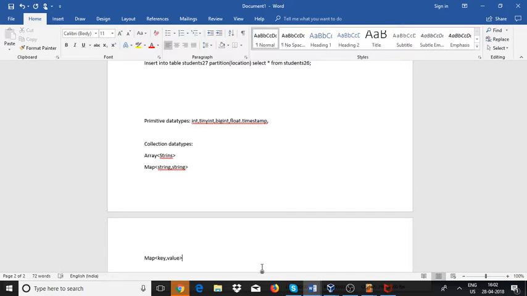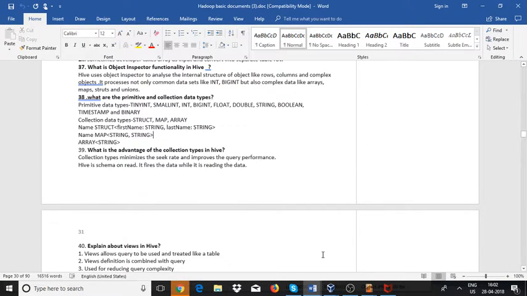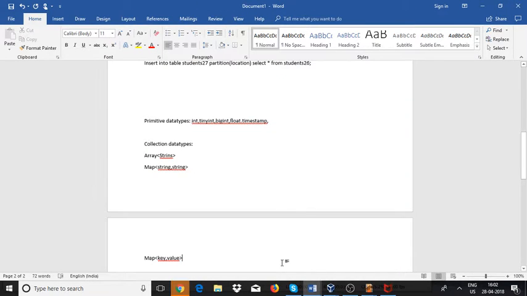So collection data types, we have three collection data types. One is array, next one is map. These are the two data types we can mainly use, and another thing is struct. This is a special data type for Hive. For example, first name comma John comma last name comma